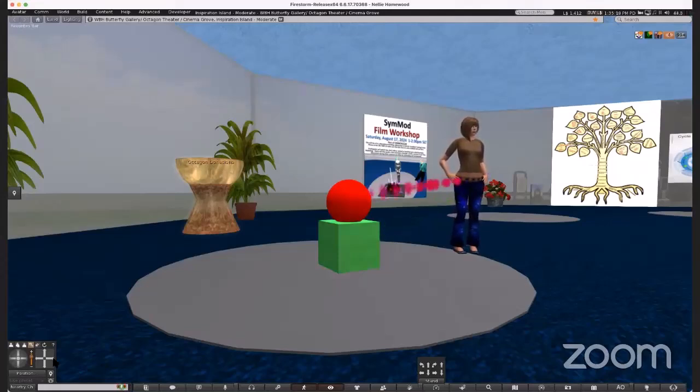See what pleases you. Okay, so the red is now more of an orange color. Now it's back to red.